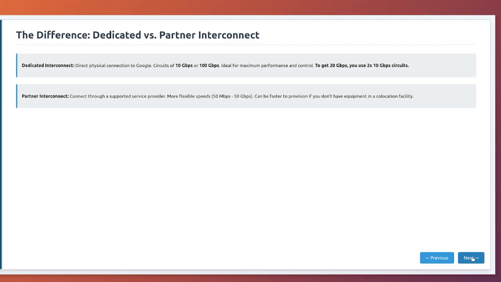The difference: dedicated versus partner interconnect. Now that we've established we need Cloud Interconnect, we have two options: dedicated or partner. Dedicated interconnect is the premium choice. You provision a direct, physical cross-connect from your equipment to Google's equipment in a shared co-location facility. It offers the highest speeds, 10 gigabits per second or 100 gigabits per second circuits, and gives you full control. To get 20 gigabits per second, you would provision two 10 gigabits per second circuits, which perfectly matches our high